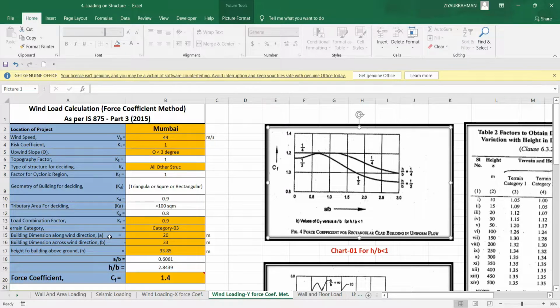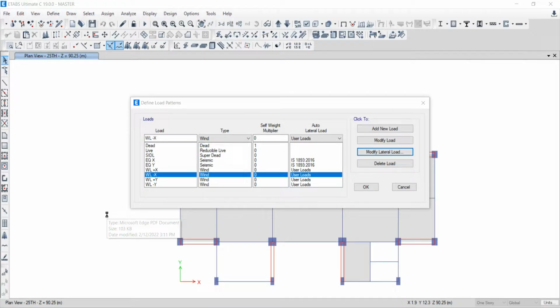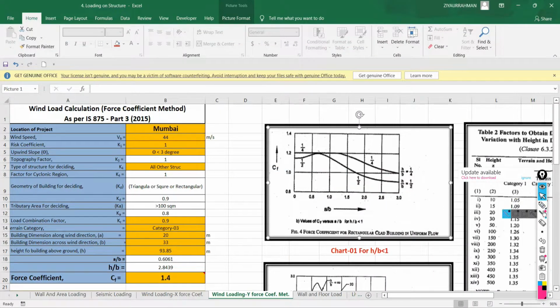Now the change will be here: the building dimension along wind direction, building dimension across wind direction. So let me show you. See, suppose in plan the orientation and geometry of the building is like this, and the loading you have to calculate in Y direction, in this direction.